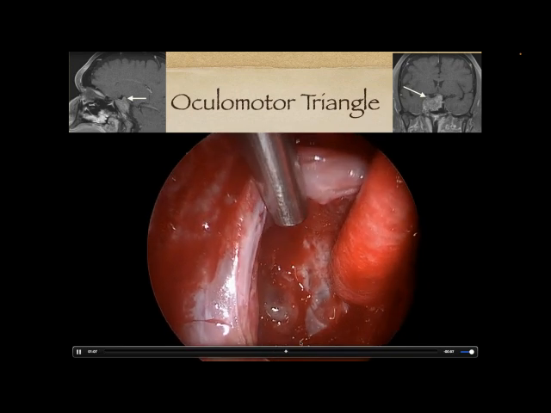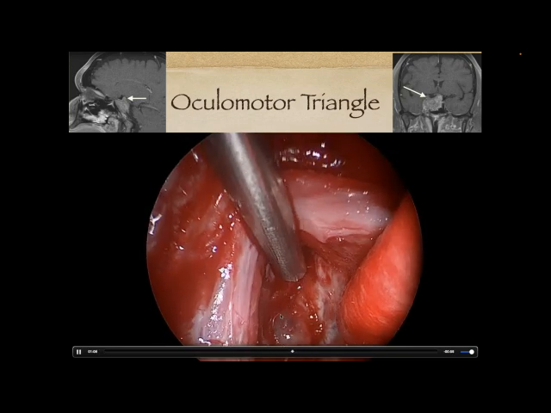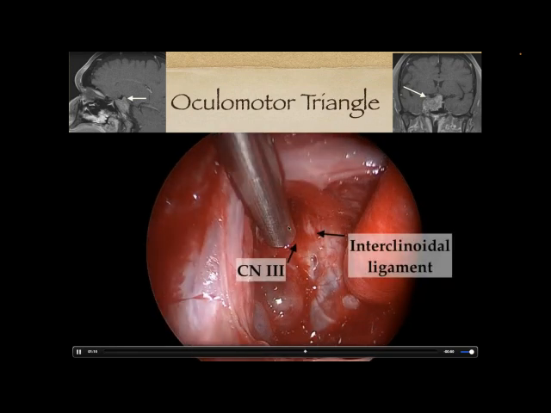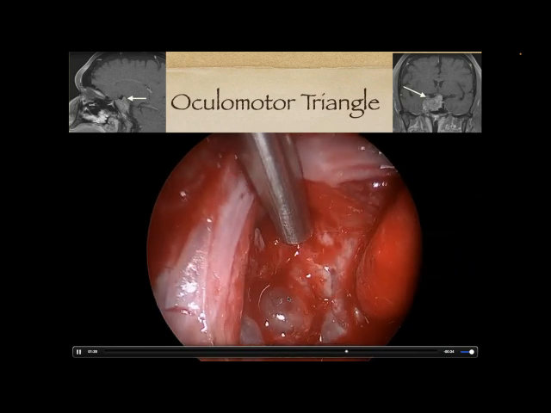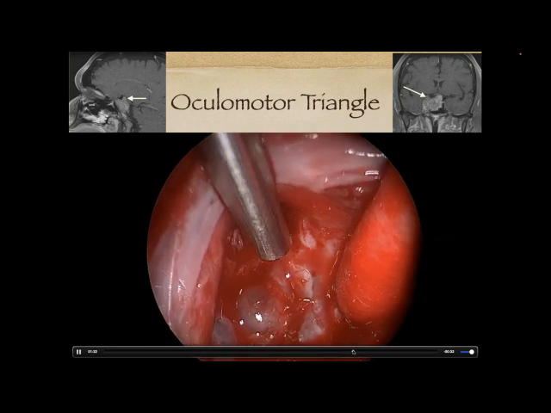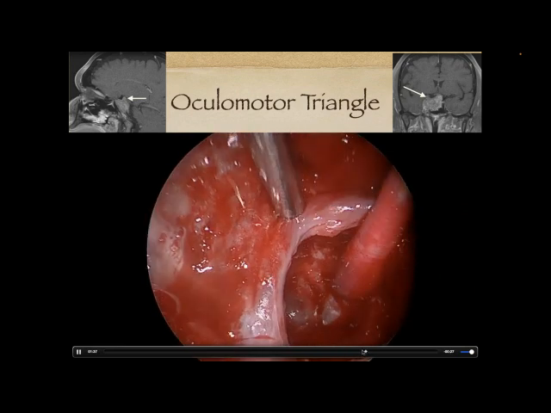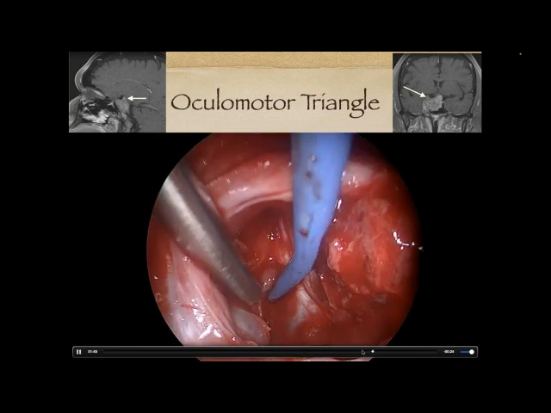So here we're looking out with an angled endoscope. We're looking out at that little bubble where tumor had gone. And we're just going to follow it a little bit here. And now it's very important for us to understand and know this anatomy, because there's that ligament, but right in front of it or right below it and in the front of it is the 3rd cranial nerve, which is probably the most important because it controls all of your eye movement and even eye opening. So you can see here, this little bubble of tumor was coming just below those into this area called the oculomotor triangle. That 3rd nerve is actually the oculomotor nerve, or the eye movement nerve.